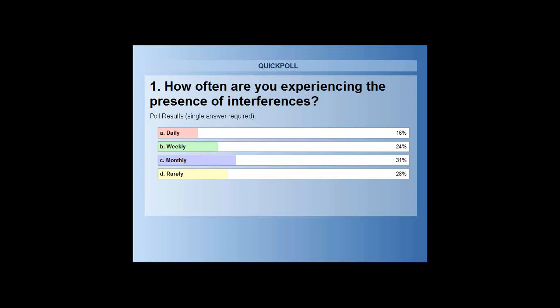I think, if we just take an average, I think it's consistent. So we have some instances where people observed interferences fairly frequently. And there are some of the cases in which, actually I was in a case where